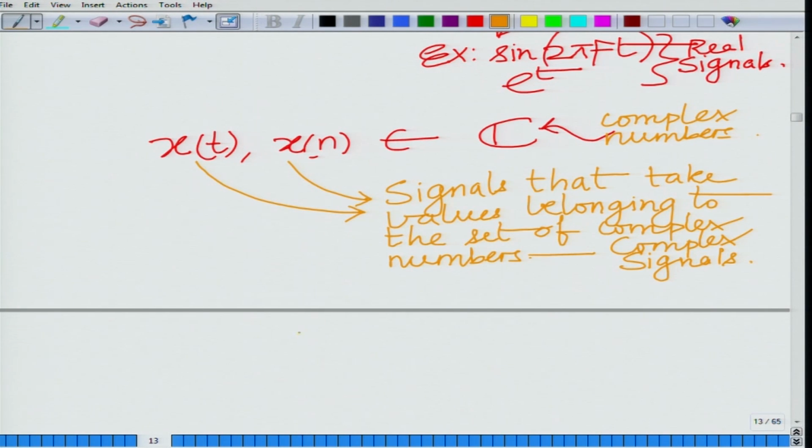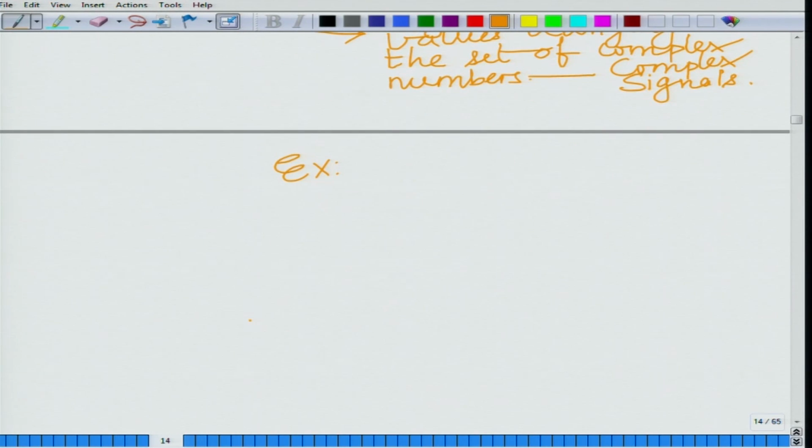Okay. For instance, the classic example of a complex signal is x t equals